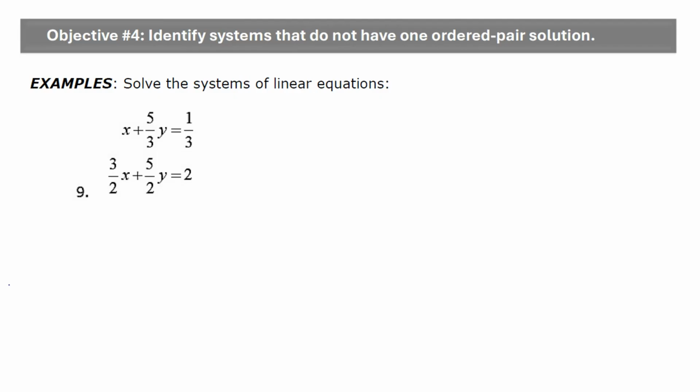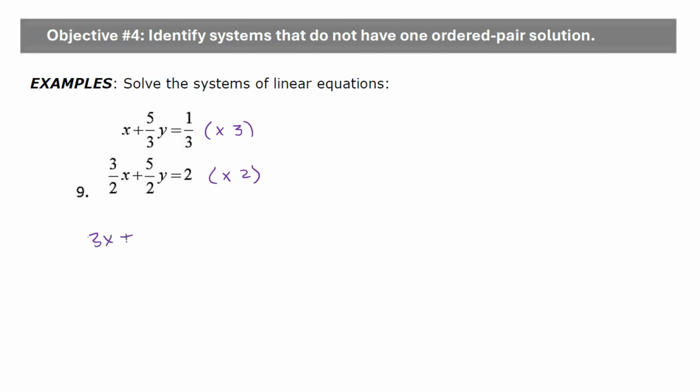So the first thing that we're going to do is multiply each equation by its LCD. So in the first one, the denominators are all 3. So we'll multiply everything by 3. And in the second one, the denominators are 2. So we'll multiply everything by 2. So our system now looks like